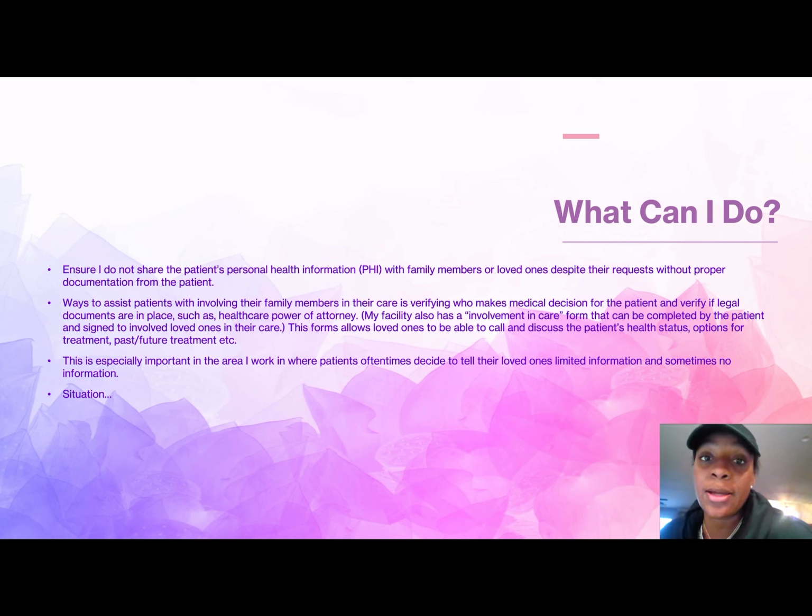And generally the reason is because they want to protect their loved ones from their diagnosis, and they're afraid that their loved ones won't be able to accept it or it'll be devastating for them. And so this is what I can do to prevent a HIPAA violation, is to continue to not discuss this information with family members unless we have the necessary